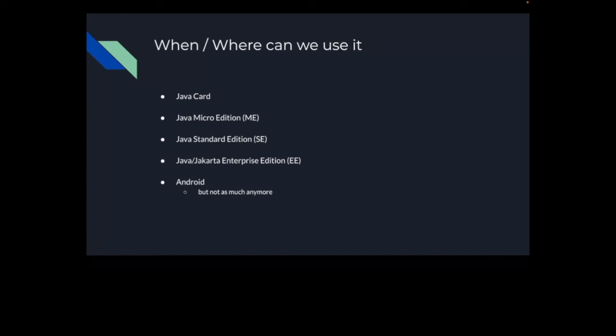There is Java Micro Edition for writing things for Internet of Things devices, small devices like sensors and tiny embedded things, and to some extent mobile applications, but not really, because the systems built into Android and iOS tend to be used instead of the Java Micro Edition. There is the Java Standard Edition, which is basically what I've shown all of you today. That is used for creating desktop applications and general programs and to some extent games, because Minecraft was originally written in Java, and I'm pretty sure that just used the Standard Edition.